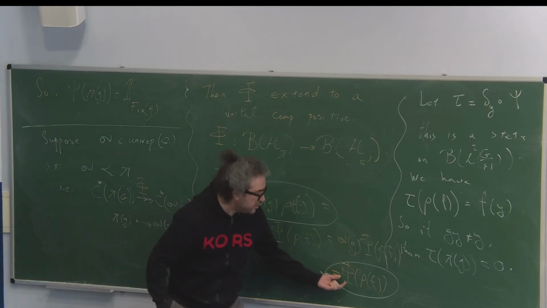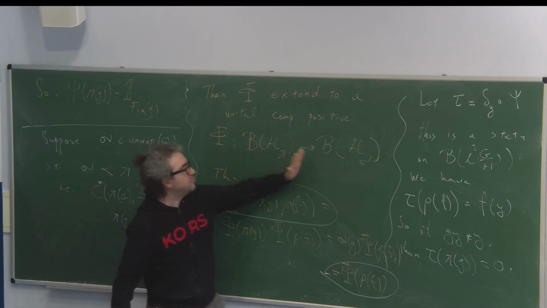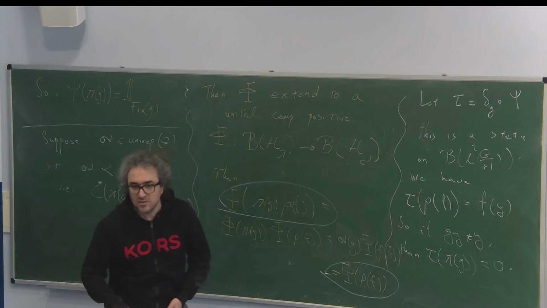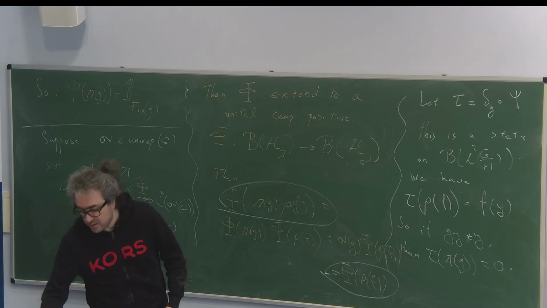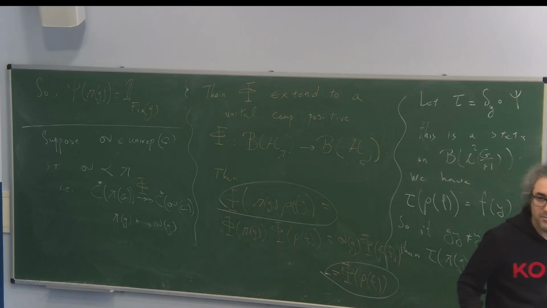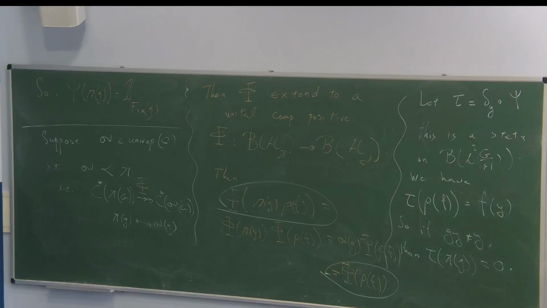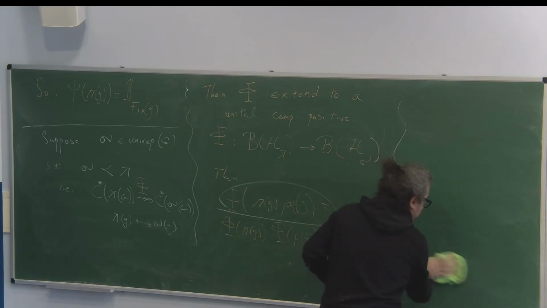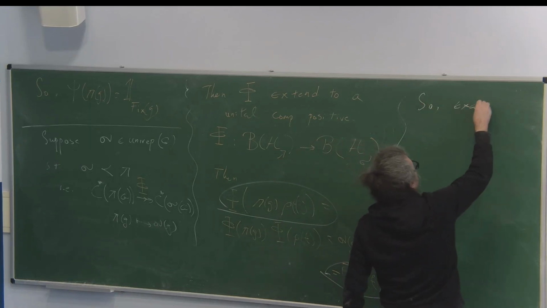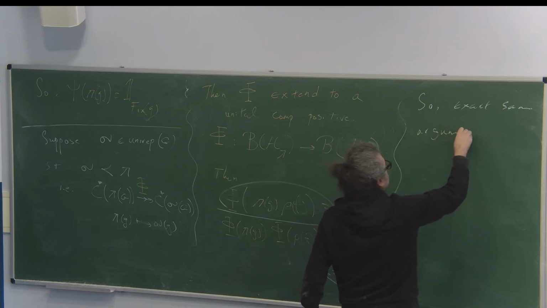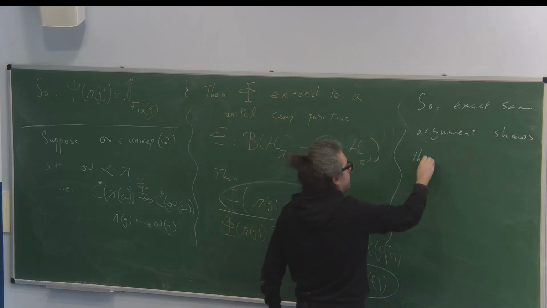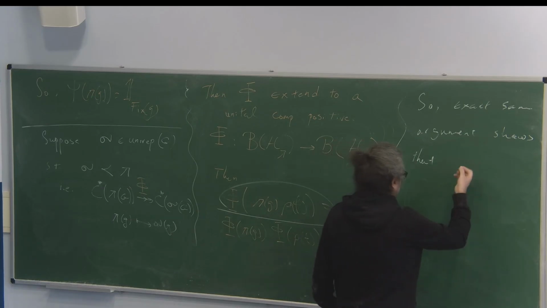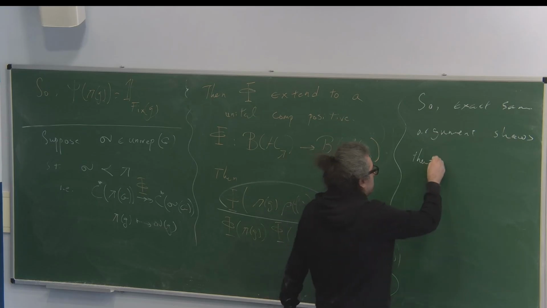I have a copy of the boundary by just applying phi, because you have a copy of the boundary here. This will push it to a copy of the boundary here. You can complain: how do I know this is multiplicative, etc.? That's a valid point. But if you go back to the arguments from yesterday, I don't need it to be a multiplicative copy. Let me push that under the clock. So the exact same argument shows that